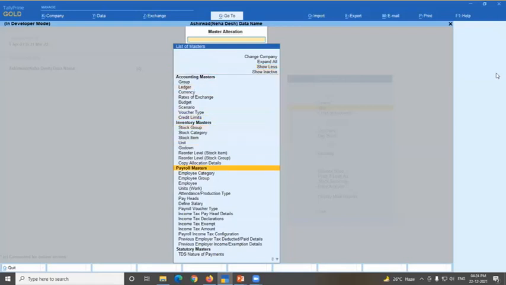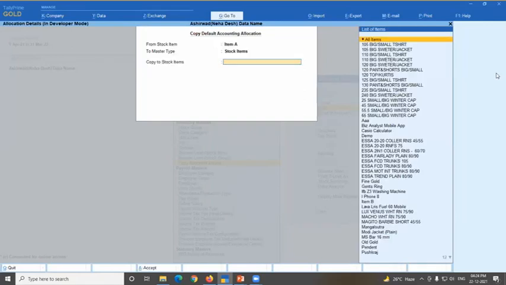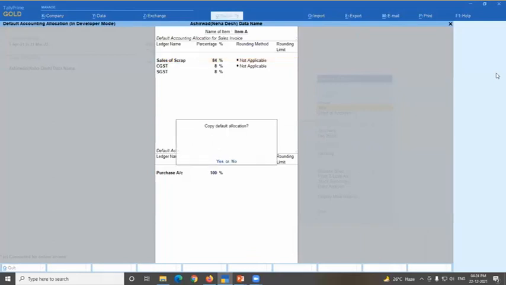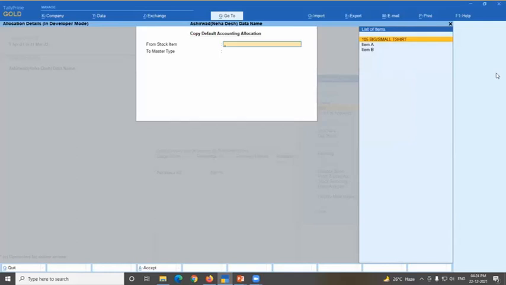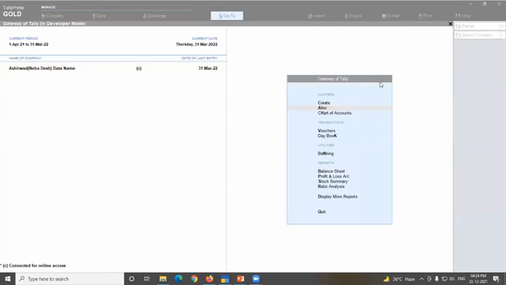See here, copy allocation details, and you can copy from one item to another item. And this will be copied. So use that logic. Finish. So this is also an untouched topic actually, but till now I have completed, I think, all questions. One more question is there. Okay, how to make class 3? Okay, class 2, yeah, class 2 I have shown. I think you answered properly.